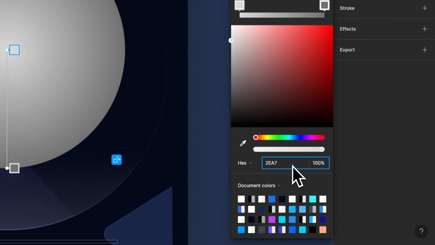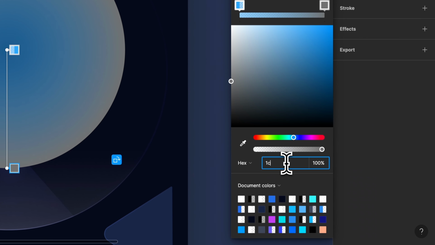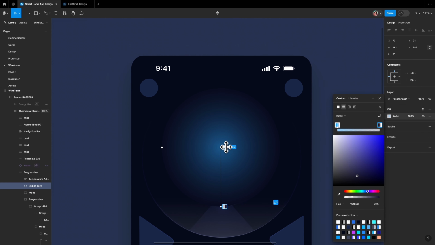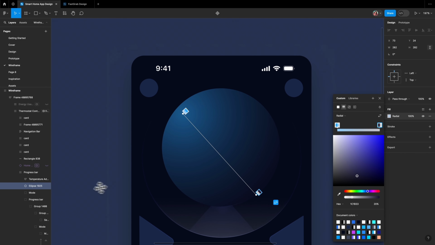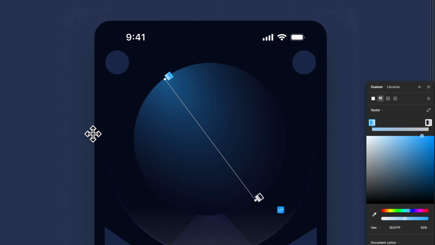For the center color, we'll choose light blue and adjust the opacity to 50%. And for the outer color, dark purple, and adjust the opacity to 20%. We're going to position the center color at the top left to create the spotlight effect, and the other color across from it diagonally. Adjust the gradient's orientation by selecting the gradient handle, which affects how the colors transition, not